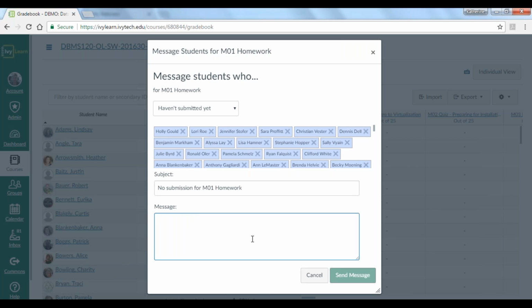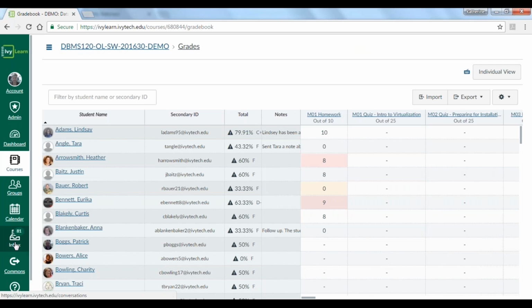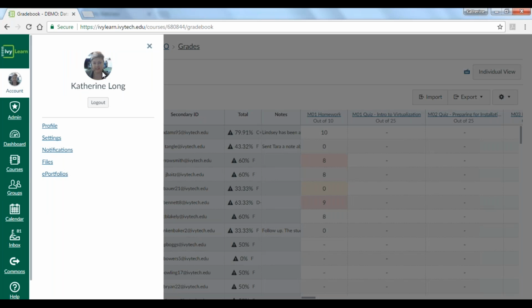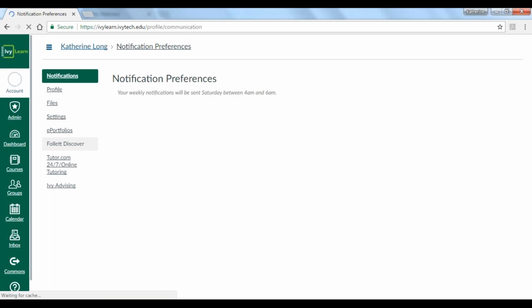A record of that is kept in your inbox over here where we have our conversation tool. And the message goes out to students and they'll receive it here in their inbox, and they'll also receive it in the same manner that you would do as well, by how you set up your notification preferences. So everyone right now should have already completed their account profile, so you should have already added your picture and a little bit of a biography. That is something that policy requires us to do as faculty. We should also have established any settings that we needed to, and we should have also set up our notifications.